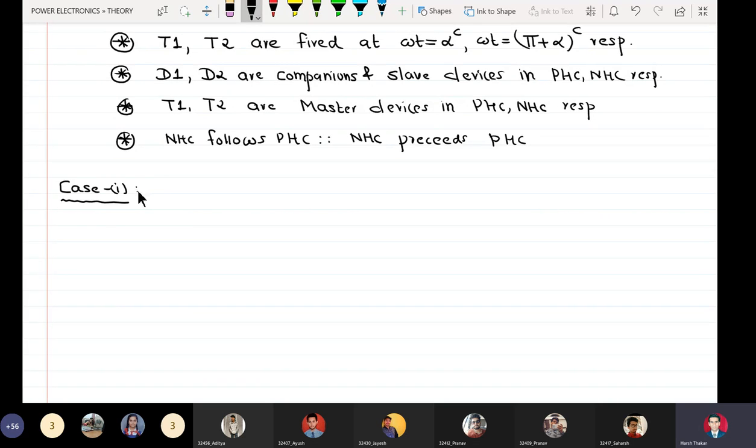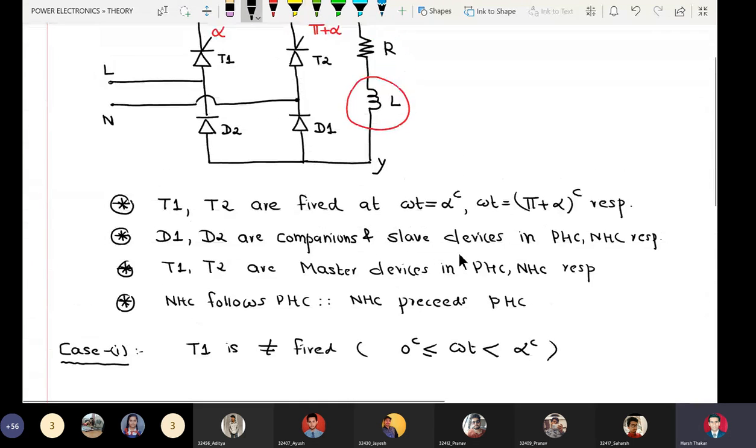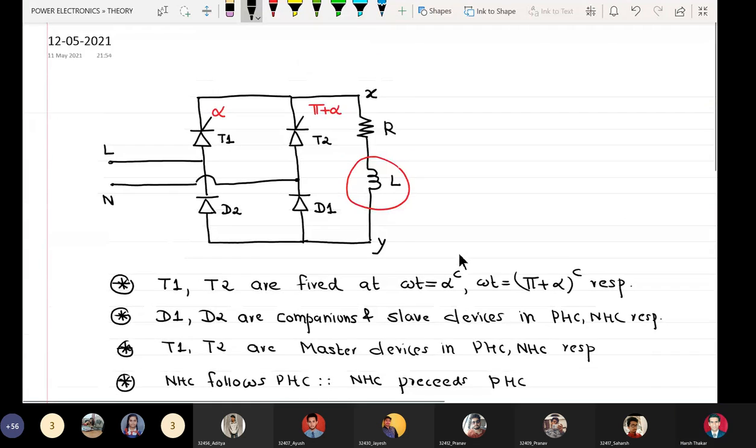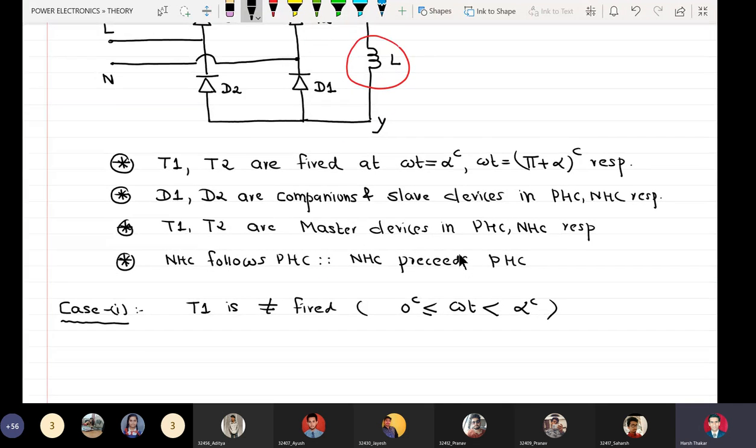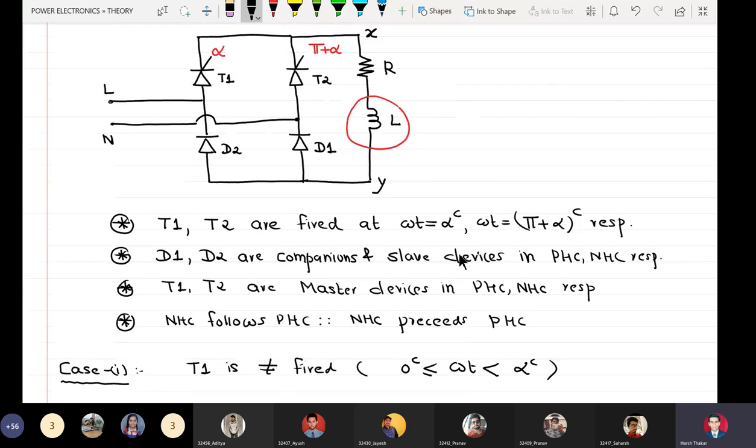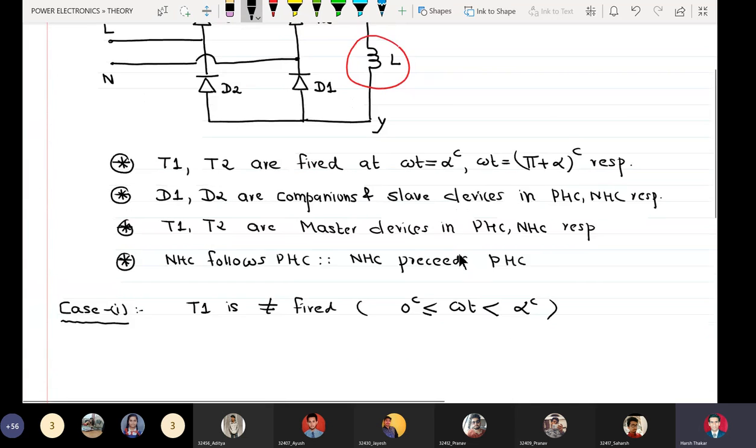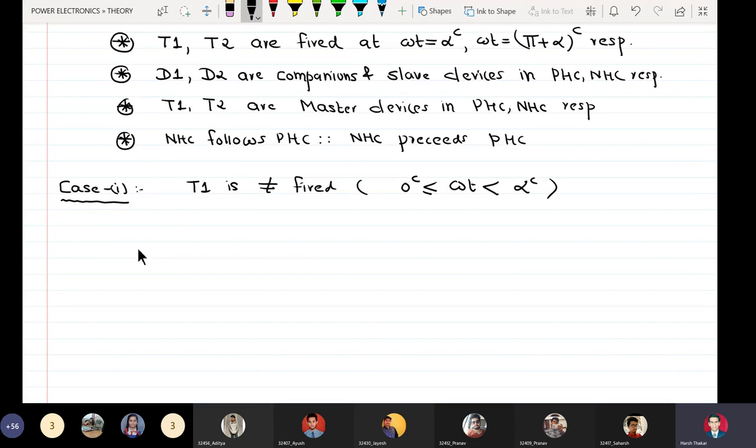Case 1 is T1 is not fired. So we are referring to omega t greater than or equal to 0, and less than alpha radians. It's not equal to, it's less than alpha radians. Okay. So 0 to alpha is the interval we are talking about. And understand that before omega t equal to 0, there was the negative half cycle. So in the negative half cycle, who were conducting? T2, D2 were conducting. Okay. So now we take this point here